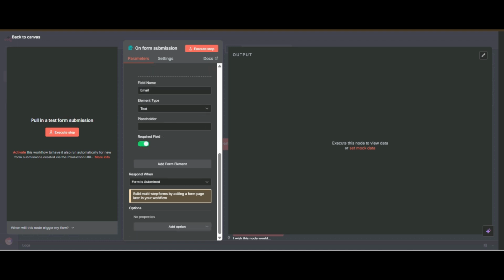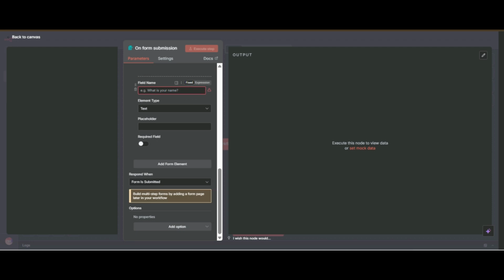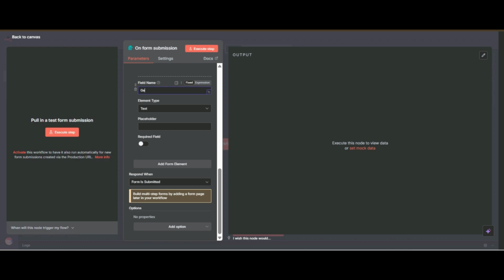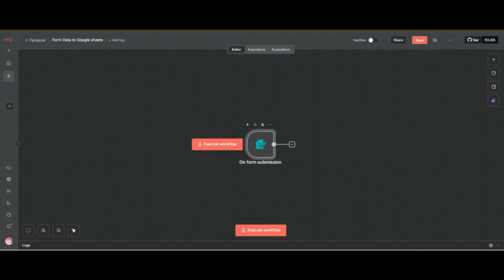And the third thing will be gender, because sometimes we want to onboard or reach out to only males, and sometimes we need only male customers, sometimes we need only female customers. So now we want gender, and gender is required. Yes, it will be required. So now we have added our trigger.